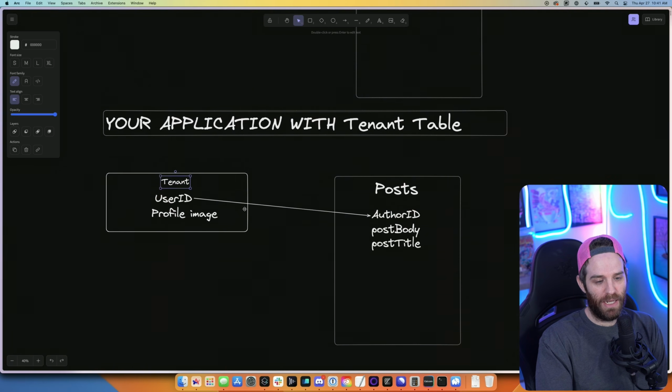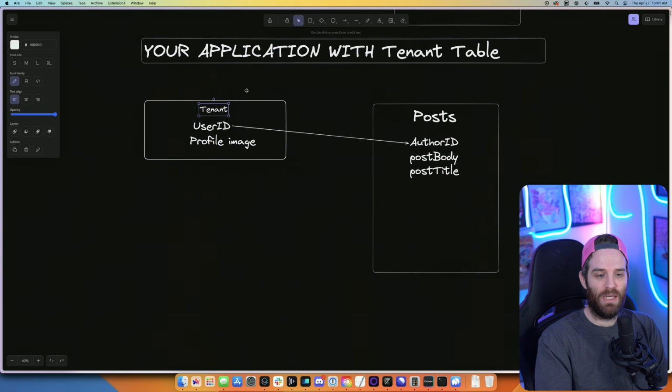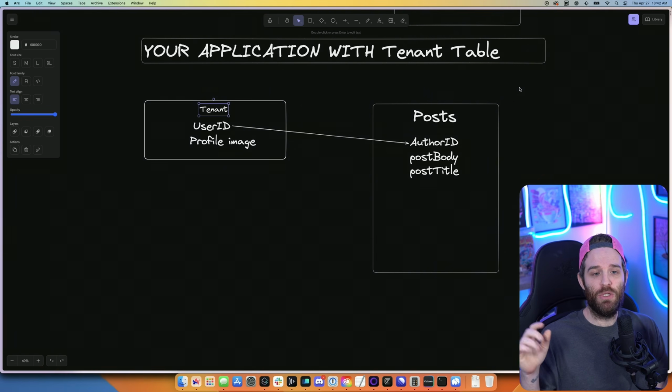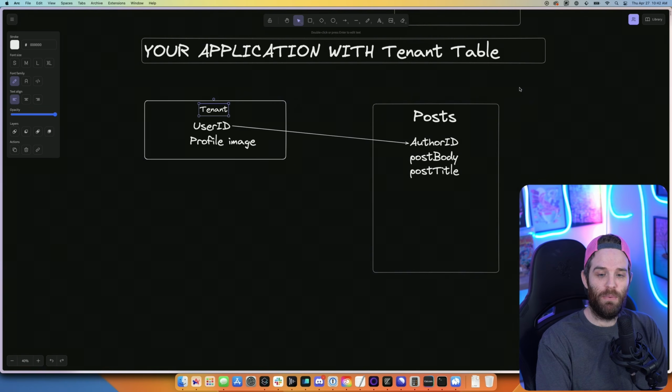When you start to need a tenants table, it looks more like this, where maybe you have a user ID, maybe an organization ID if you're working in B2B, and then maybe some small pieces of information such as a profile image, things that are essential for you to build out very complex scenarios. Now, in most cases, people building applications will never ever have to be here, because at the end of the day, most people aren't building these incredibly complex systems that need this additional information.